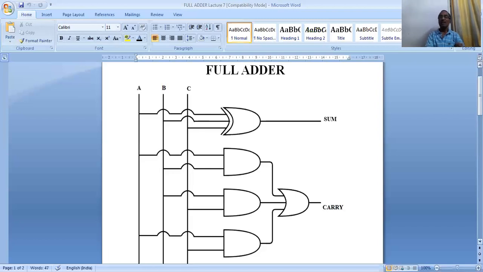This digital electronics chapter is very easy for those who are sincerely studying. This digital electronics chapter is very difficult for those who are disturbed, who are studying but their mind is elsewhere. They are thinking something, and in front of them there is a book.